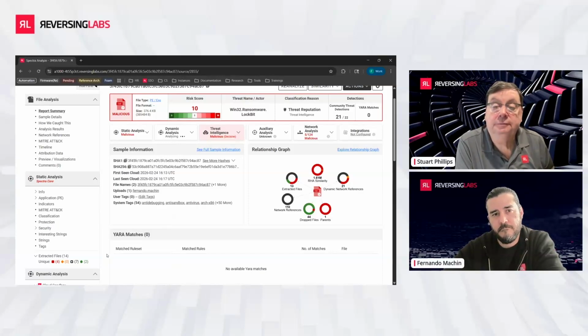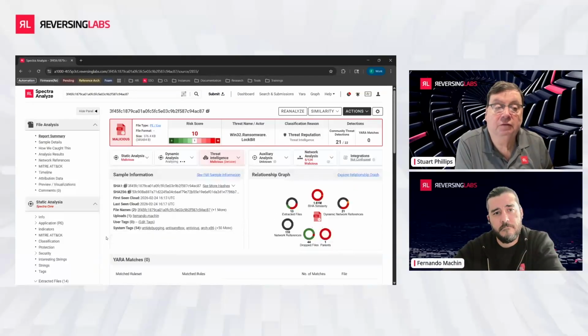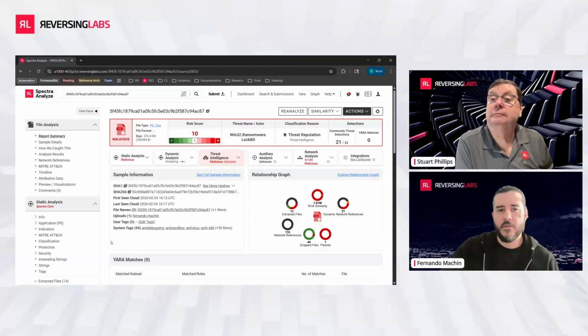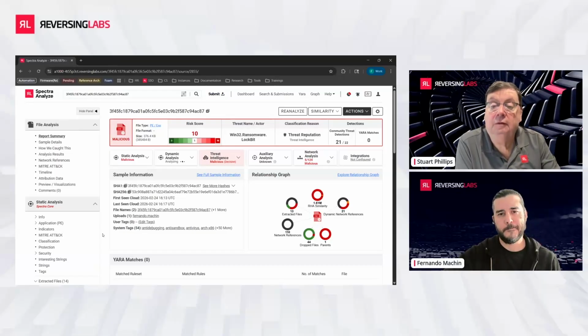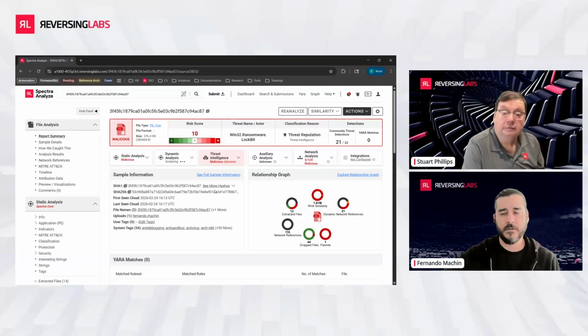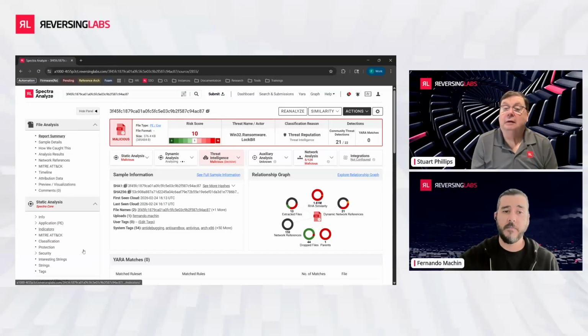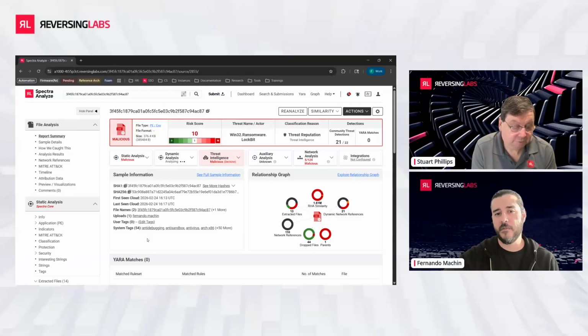One of the questions we had in the chat: when we talk about maturity, maturity is a real big issue with these types of analysis. How do you think the maturity of an attack fits into this type of environment? Are you talking about the maturity of the detection itself, or the life cycle of the sample itself? Yeah, the life cycle. That's one of the things that this depth of analysis makes really easy to discern: understanding specifically how that sample is evolving and potentially where the adversary is intending to go next.